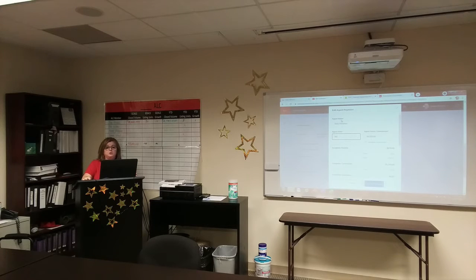You have to change the unit for yours, because everything in the system is unit driven. You have to change it to 0.8, but it will not automatically calculate that new commission amount until you hit calculate commission. Sometimes people don't do that, and then when they go to submit it, they get the error over on the side that your commission is in excess. And people are like, how do I fix that? So you do that, you go in here, you save your change. Then when you do that, you come up,